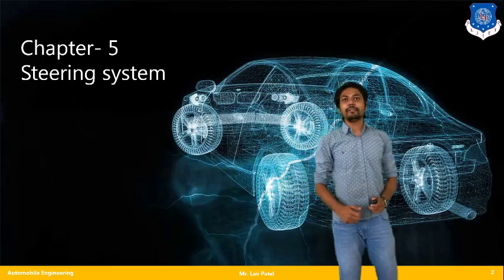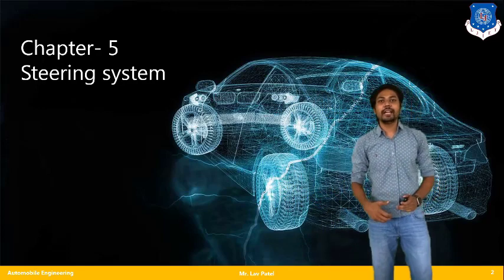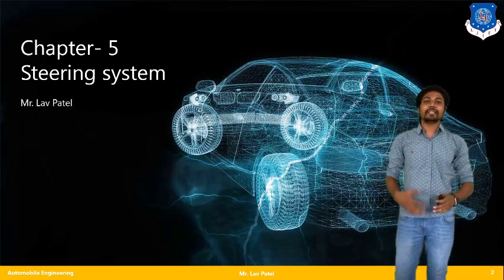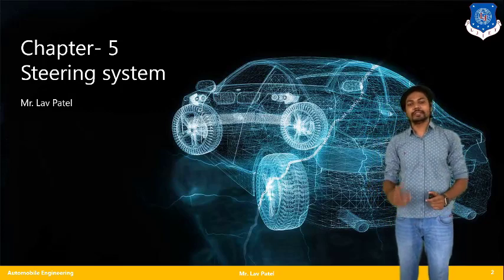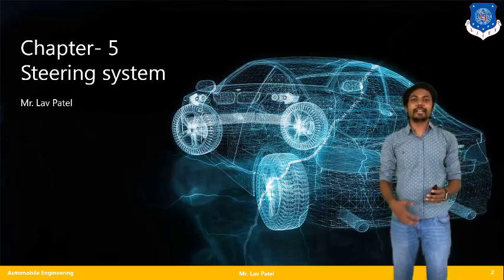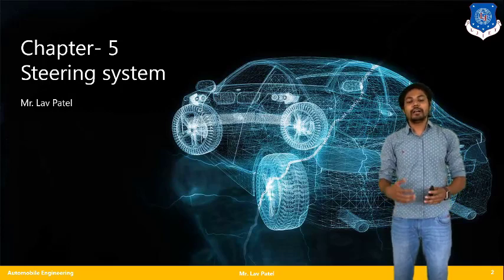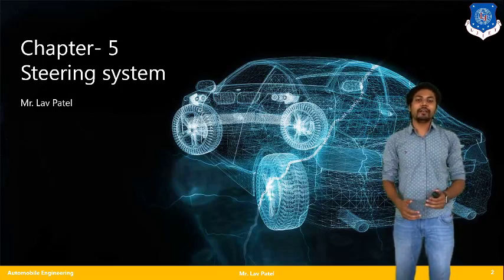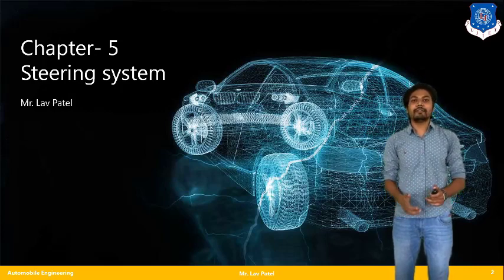So we are in the lecture series of the subject Vehicle Dynamics and we are learning Chapter 5, that is the steering system. Till now we have learned several topics regarding the steering system, like how steering works, the main principle of the steering system, the different types of steering that we use, and the different gearing boxes. Also, how the different parameters affect my overall driving parameters and driving conditions, and several factors that affect the overall driving performance of the car.